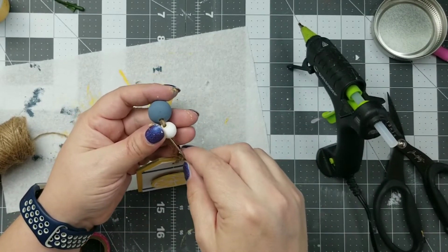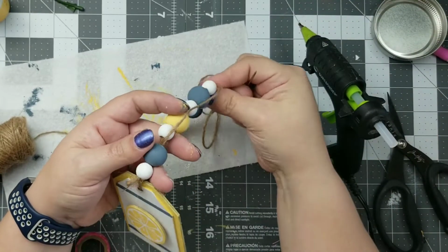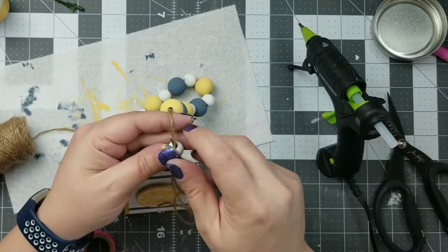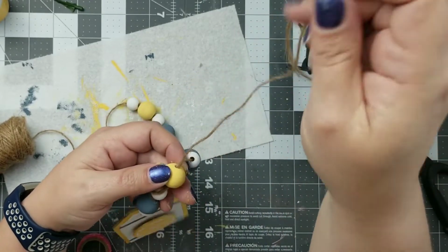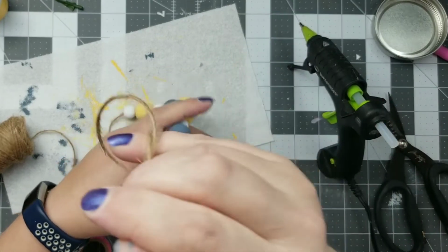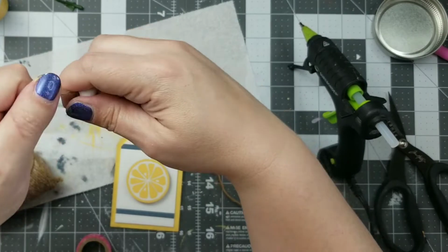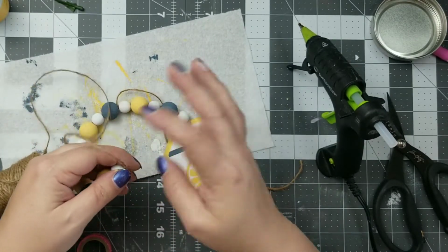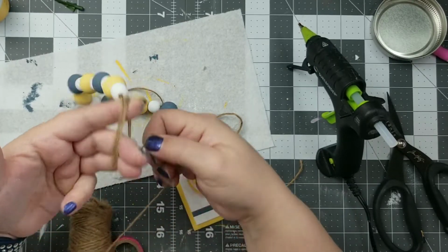And then I'm gonna go back up into, I don't know, 4 or 5 beads, I guess. And that way, when I'm done with my garland, I can clip that end and hide that end so it's not poking out anywhere. And it just gives it a cleaner, more finished look. So then I'll push all the beads nice and tight down onto the tag so that there's no gaps in the beads at all. And then I'm just going to create my tassel